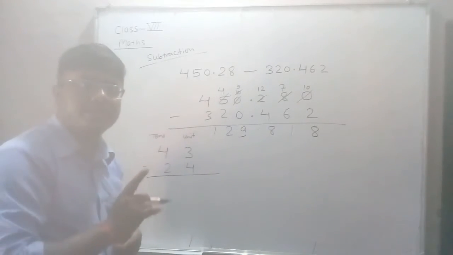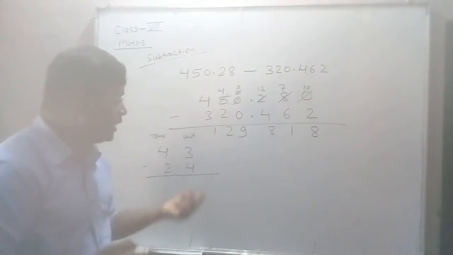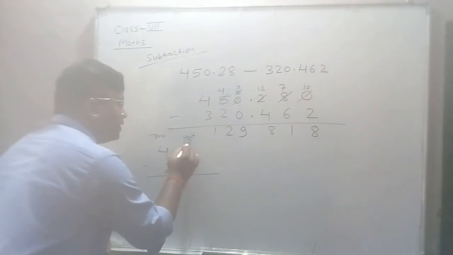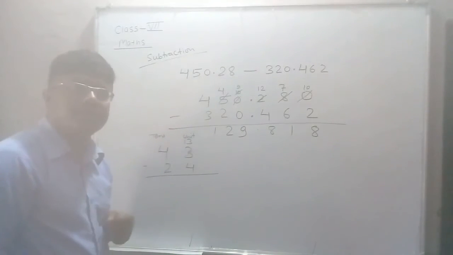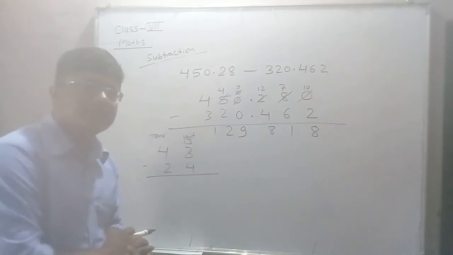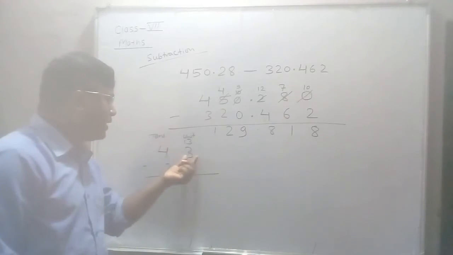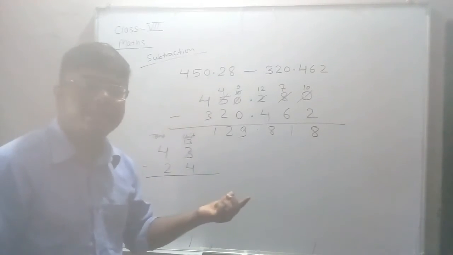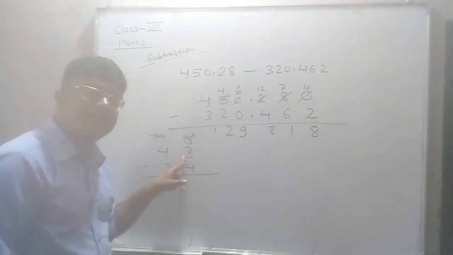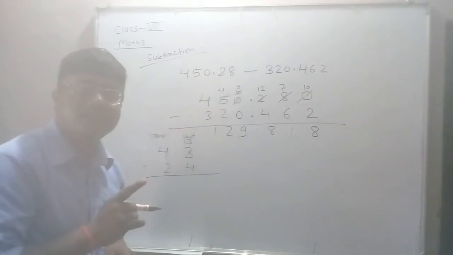Out of 4 tens, it will give 1 ten to 3. So it has 3 already. If it gets 1 ten, how much does it become? It becomes 13. Some students may have some confusion. They think here it is 3 and it gets 1 from 4, then it must be 4. Okay, it is not like that. You have to see their place value. It is in the unit place, it is 3, so it is asking to borrow from 4, but 4 is in the tens place.